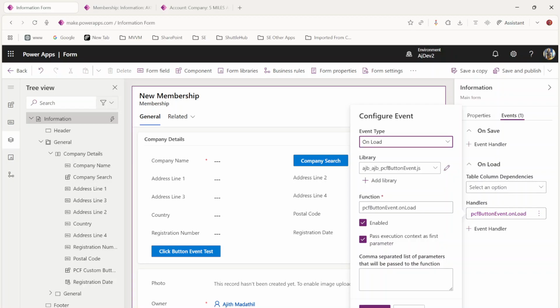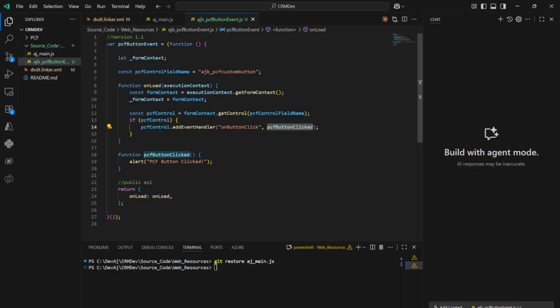So under that, we are finding the PCF control, then hooking up the add event handler. The event name, on button click, is the event we are hooking up. And then I'm calling the function which we defined here as the event handler, which is the PCF button click. So this is quite useful. That means, if you've got multiple PCF buttons, like multiple buttons here, and you want to do certain things under the parent form, under the JavaScript is a single